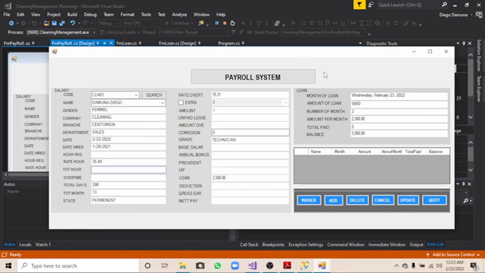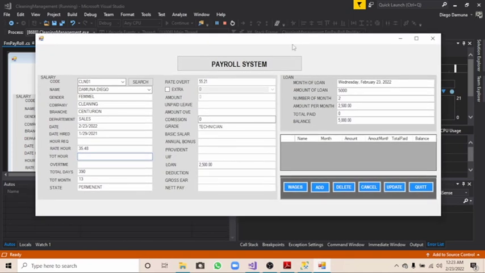Okay, so we can see here we are able to know how much this employee owes to the company. He made a loan on Wednesday, February 23, 2022. The amount was 5,000. He agreed on paying over 2 months, which means that every month he must pay 2,500. And for now, he did not pay anything. That is the reason why the balance equals the total, the amount of money that he made as a loan,